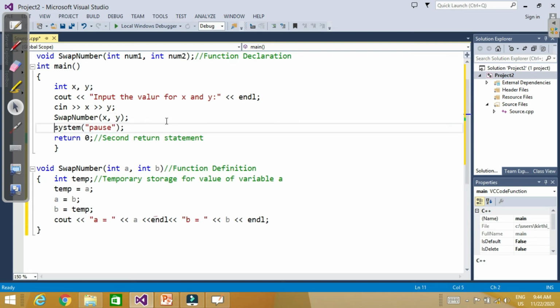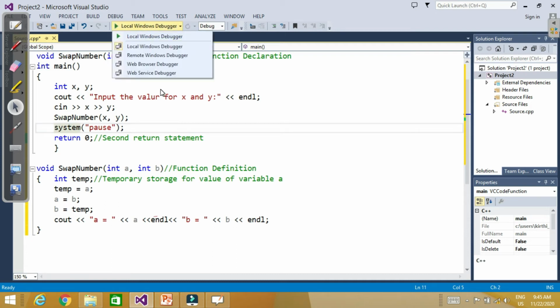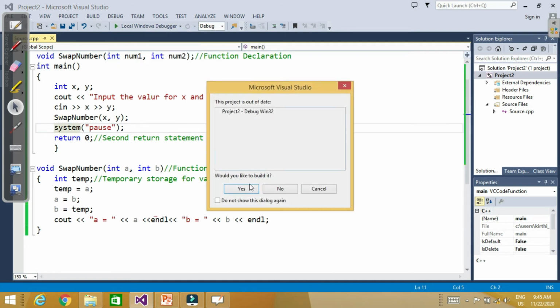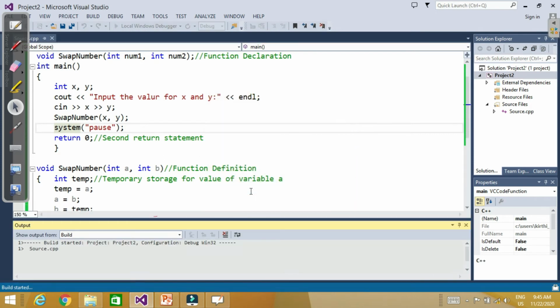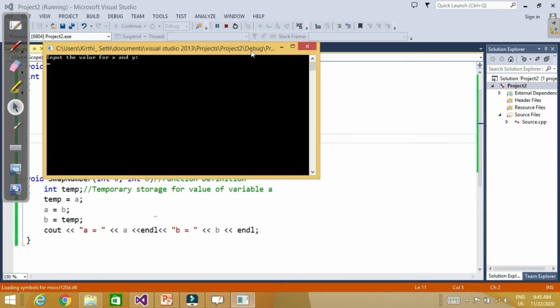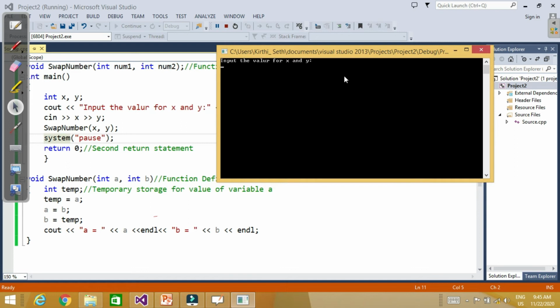Now let's run it first and check what happens. I misspelled the message, I'll correct it. Input the value for x and y: 2 and 3. When we print it, a is equal to 3, b is equal to 2. So we have swapped the values.